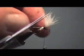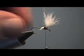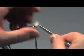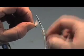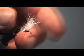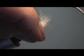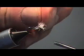A parachute is done like this too, where you lift up that post and you wrap your hackle around it this way. But today we're doing a standard dry fly wing with this calf tail. So I basically split this wing with my scissors, and I'm going to go through here and do a figure 8. Okay, you try to keep these as even as you can, and then I'm going to go around each wing with my thread